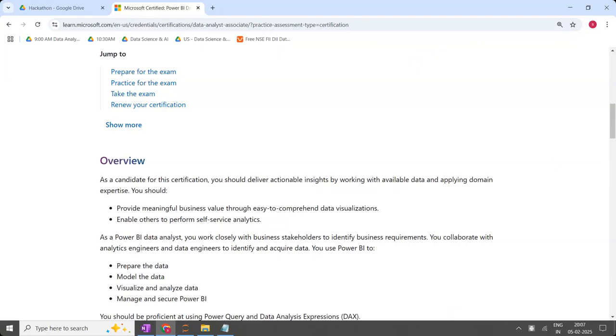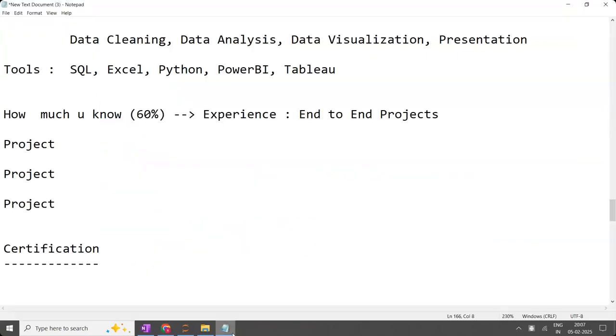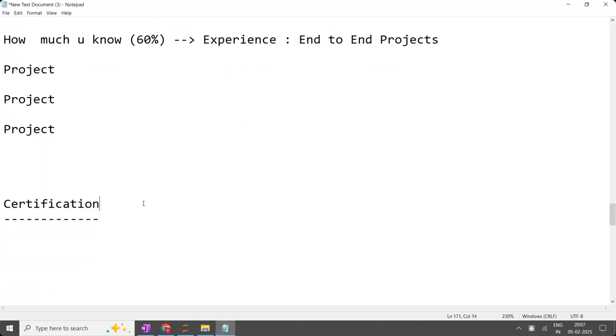How to register for the program, I will explain. How to take the exam and what the questions are, sample questions are there. I will share all these details. And if you attend all the classes and regularly practice everything I'm explaining in the class, I'm 100% guaranteeing you will qualify in the Microsoft certification. I'm literally guaranteeing you.